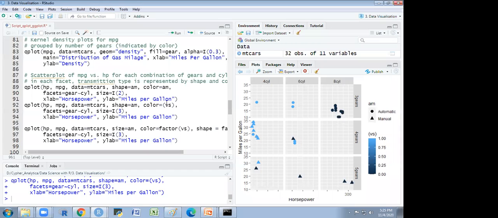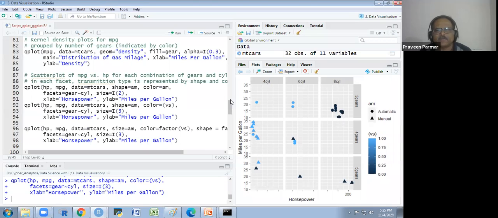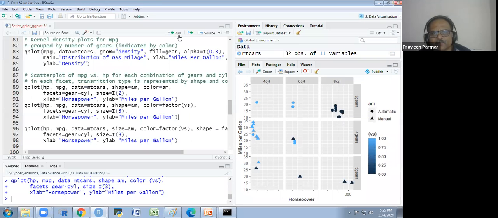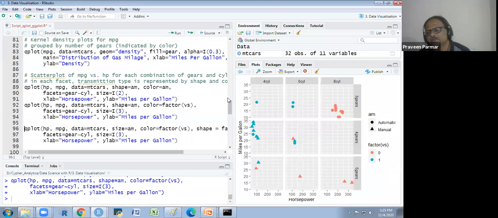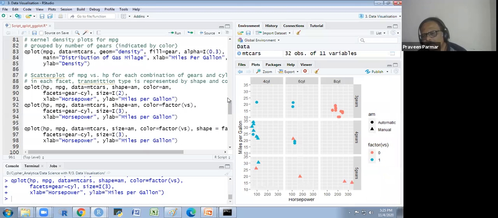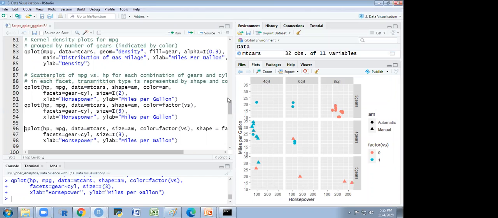Understand? Yes, sir. If I write here factor, then there are 2 values. So it will give the color as per 2 values only. Okay. Got it? If I write it, you see what change you will get over there. See here. Yes, sir. Okay. Now ggplot or R knows there are only 2, so we could give only 2 colors. We don't have to give the range. Okay. Yes, sir.